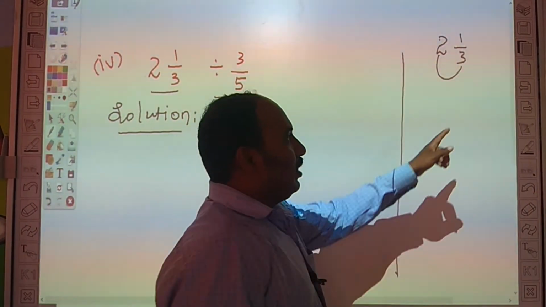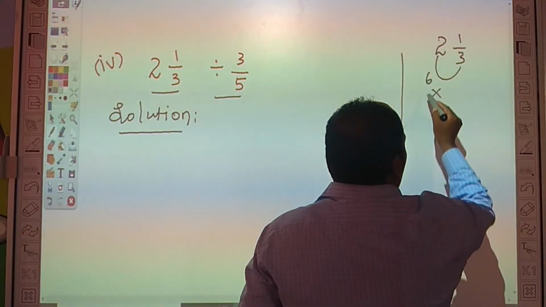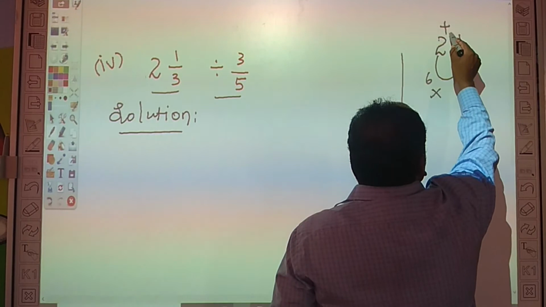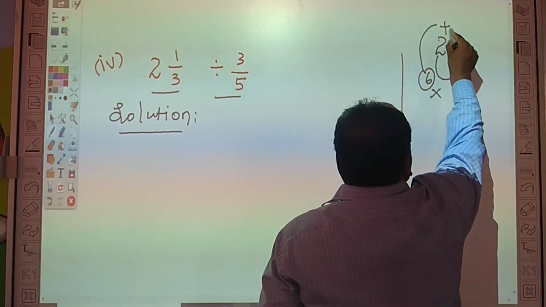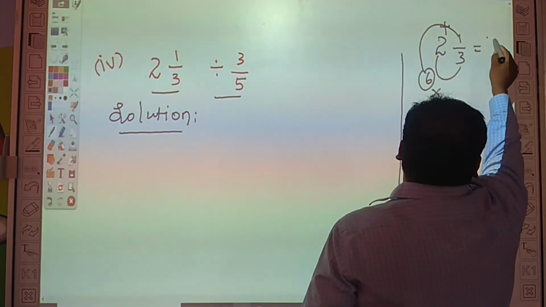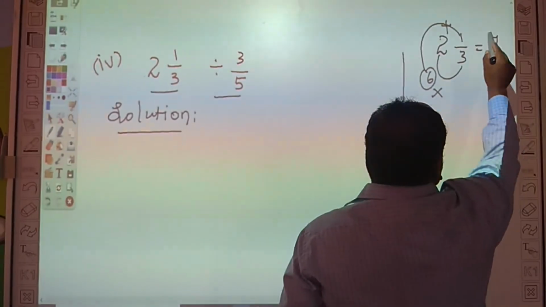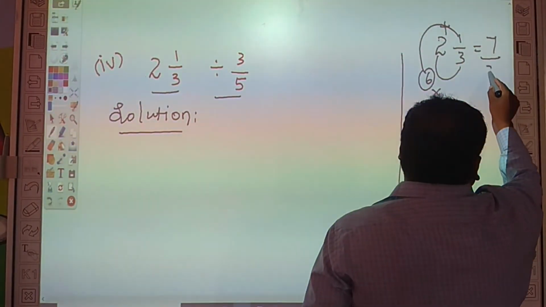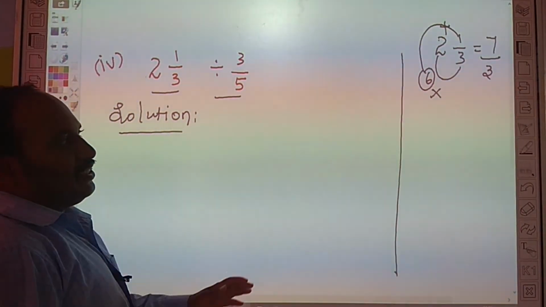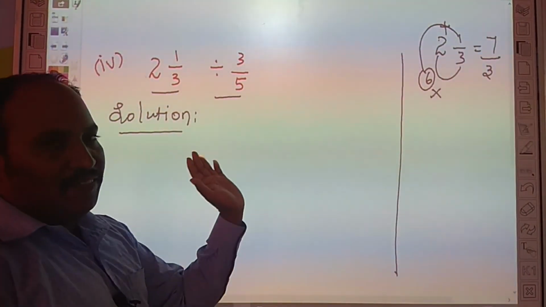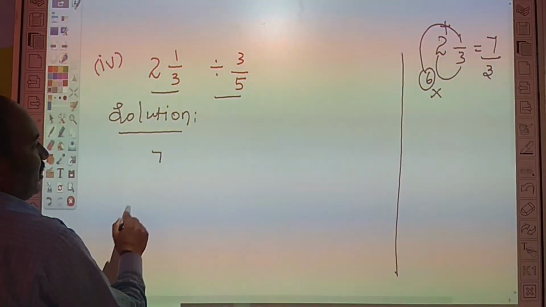We multiply 3 into 2, 3 twos are 6, then add 1. 6 plus 1 is equal to 7, divided by the denominator part 3. So 7 by 3. The mixed fraction is converted to a fraction. So our question is 7 by 3